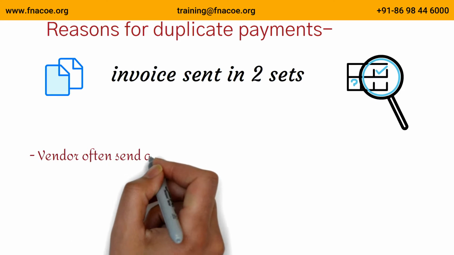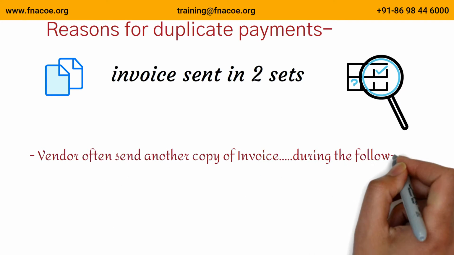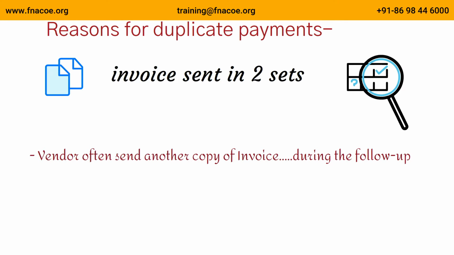To start with, invoices sent in two sets. It is observed that vendors often send a copy of invoices to the customer along with payment follow-ups. That means an original invoice is sent either by courier or by email, and they expect the payment to be done within the payment terms period. But if the payment is delayed, instead of doing a regular follow-up, they also attach an invoice. So when an invoice is not paid by the end of the billing cycle, which could be once a month, twice a month or once in 60 days, a follow-up invoice is sent.